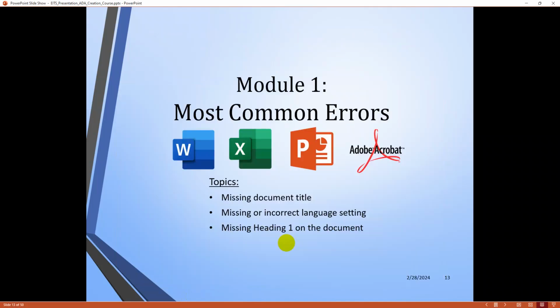So first things first is we're going to cover missing document title, missing or incorrect language setting, and then a missing heading 1 on the document. So